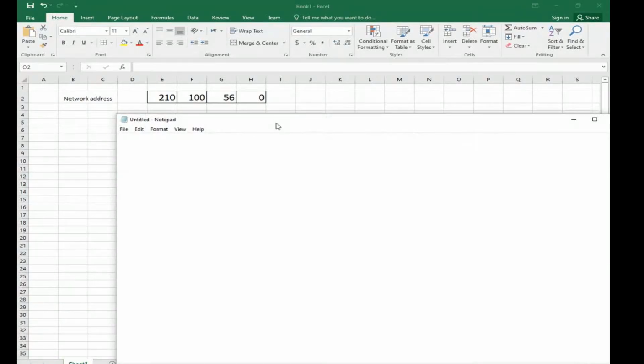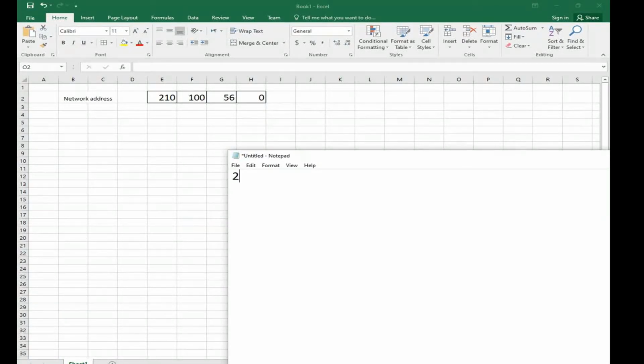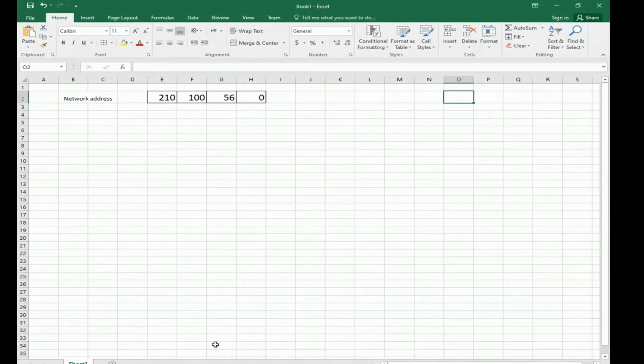Okay. See here, if I borrow 2, how many bits need to be borrowed? Because the needed subnets is 6. So how many subnets do we need? 6 subnets. Please, all of you open problem number 5. Now I'm solving problem number 5. The needed subnet is 6.